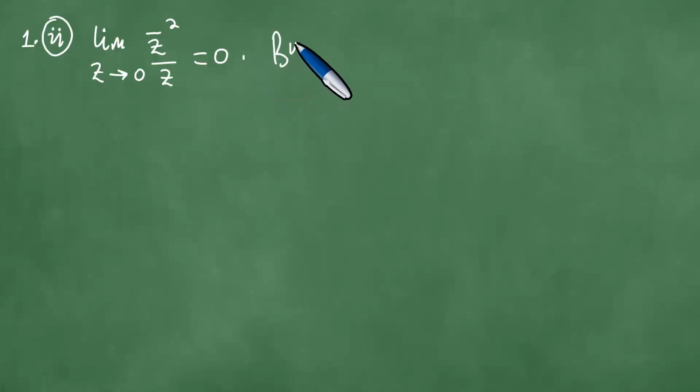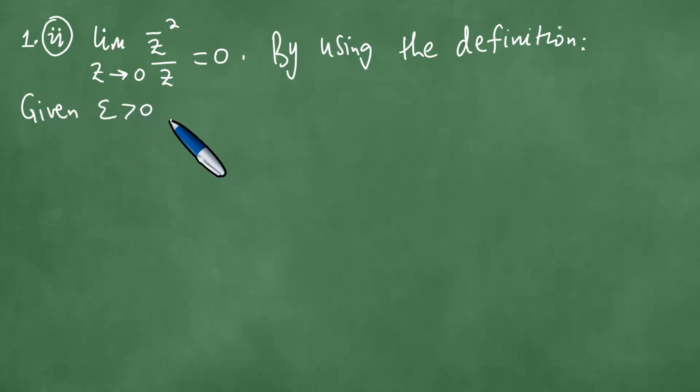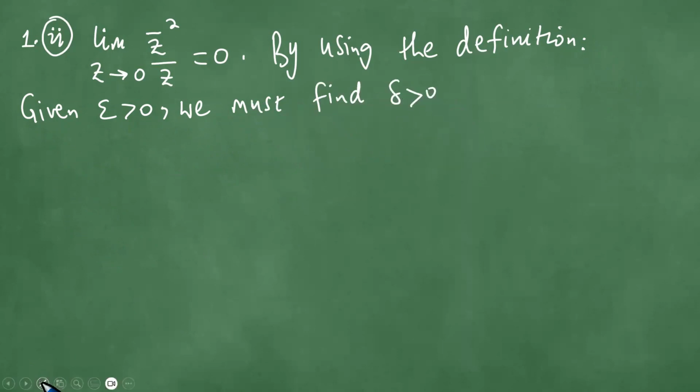So by using the definition, given epsilon positive, we must find delta positive such that